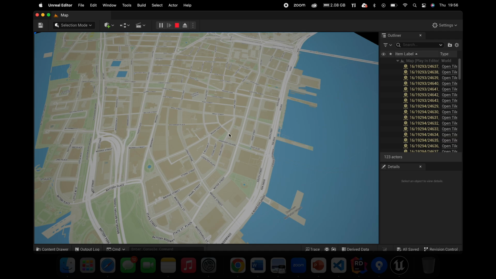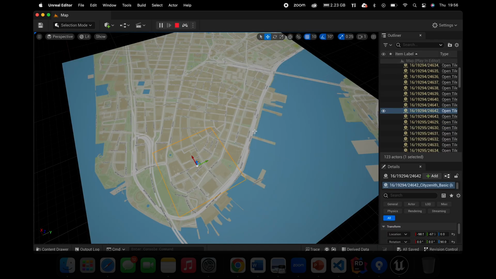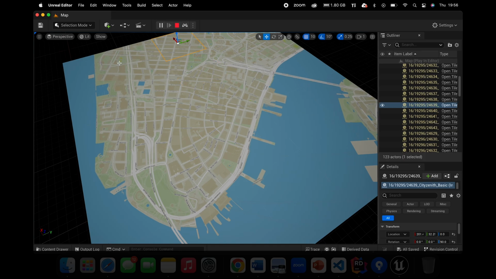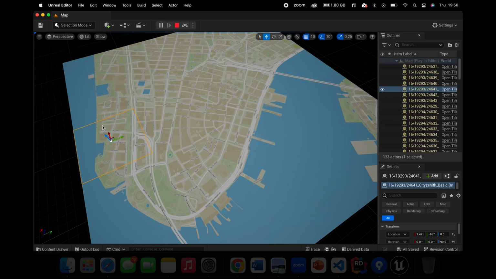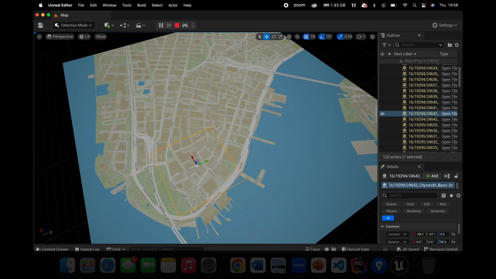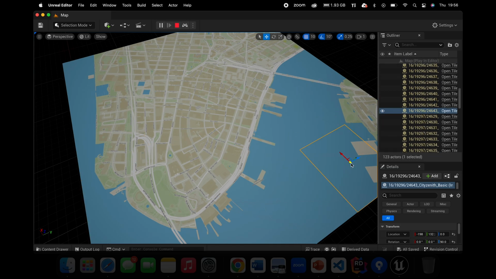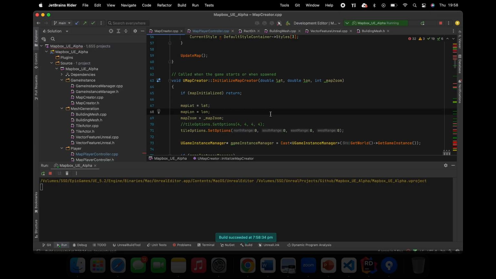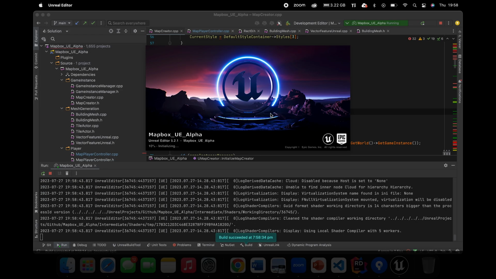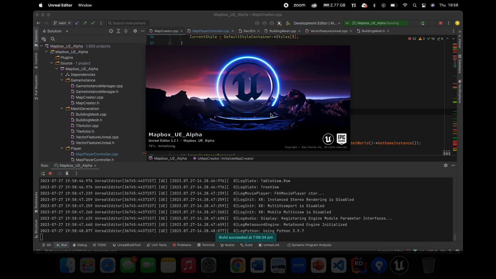In Mapbox, I can zoom in, zoom out, and I can select individual tiles and see their specific IDs as I come out of the play mode. Right now we are in the New York area for this demo. After this, we will move forward and take a look at how we are rendering the Mapbox vector tiles for